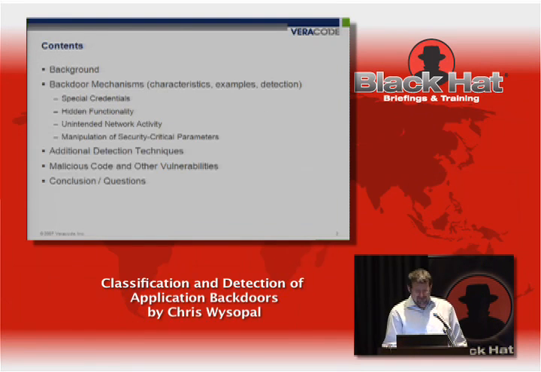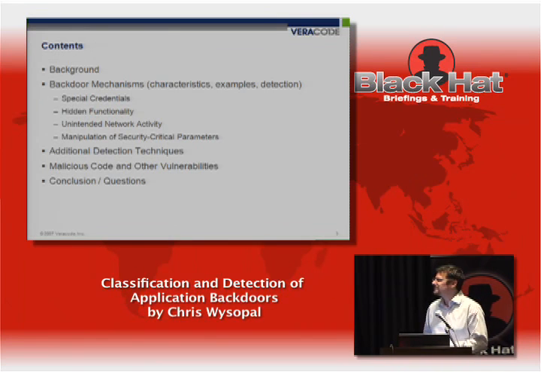So just to go through what I'm going to talk about today, just some background on backdoors in general. And then talk about 4 classifications of backdoors that we came up with in our research. And we did this by going through the history of the last 20 years of backdoors that have been discovered. So we know these can typically be found by static inspection. So we figured if it can be found by a person, there's probably a chance that we can automate that process. And that's really what I'm going to talk about today, what are those rules to look for different